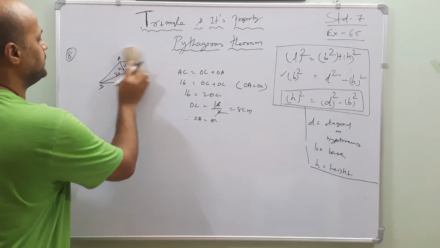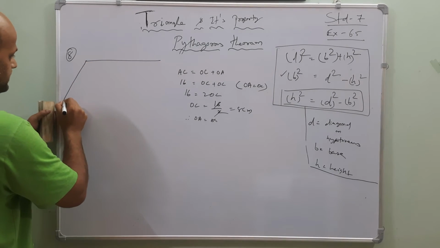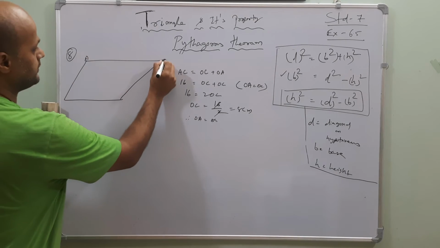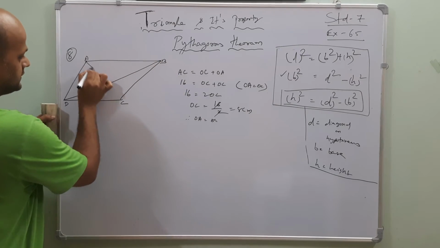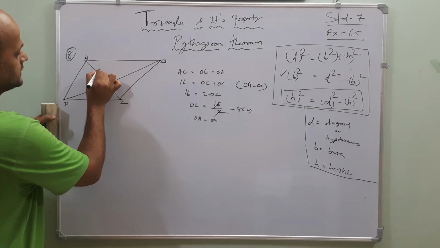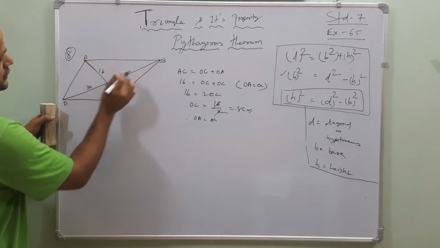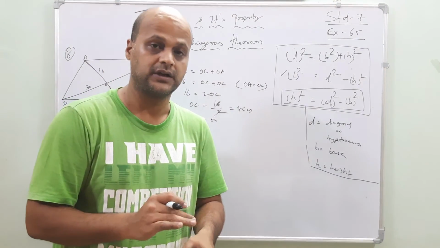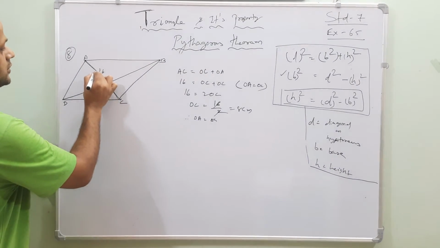I will make this one a bigger one so that the values can be understood by you easily. A, B, C. Now 2 diagonals. O, this is 30, this is 60. Now OC is equal to OA because the diagonals bisect each other and divide the other diagonal into 2 equal halves. Now OC is equal to 8. This one is also 8.